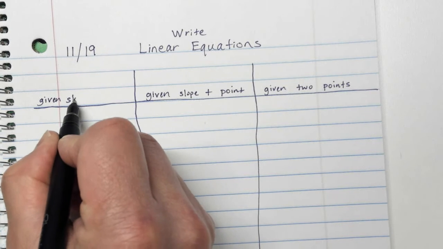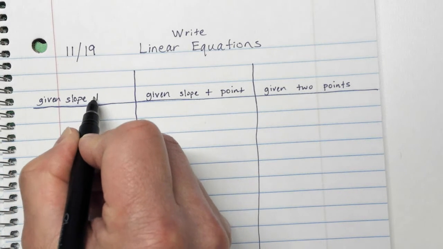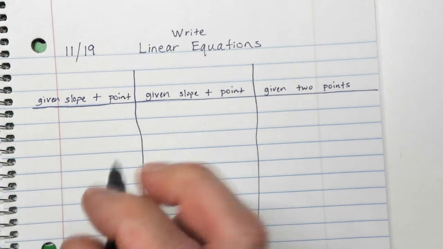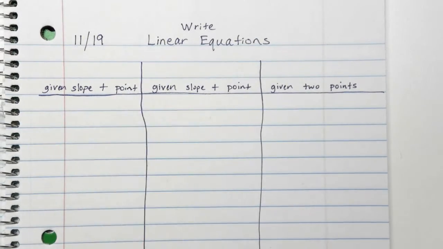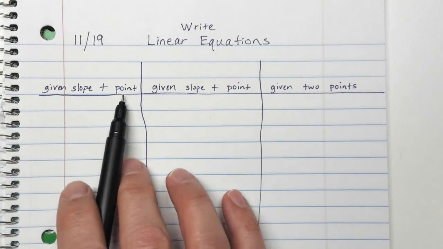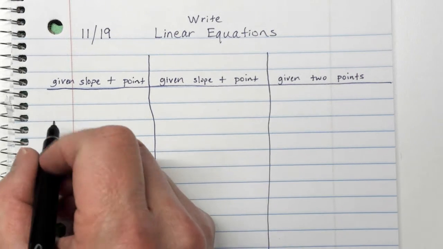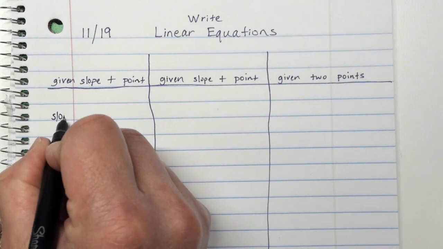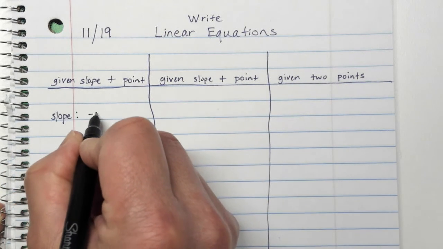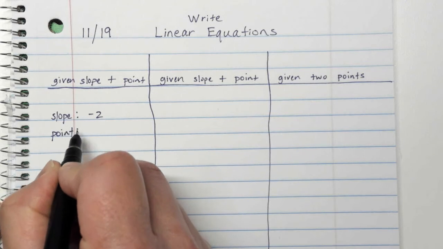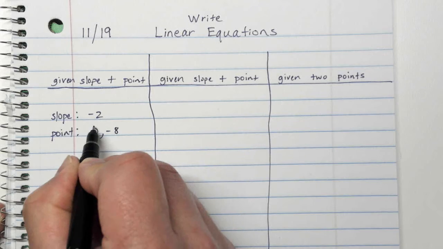and then given the slope and a point. I know what you're thinking. Same thing? Not quite. This is a very special point. This is random point. So if we tell you slope of a certain line is -2 and it passes through the point 0, -8,